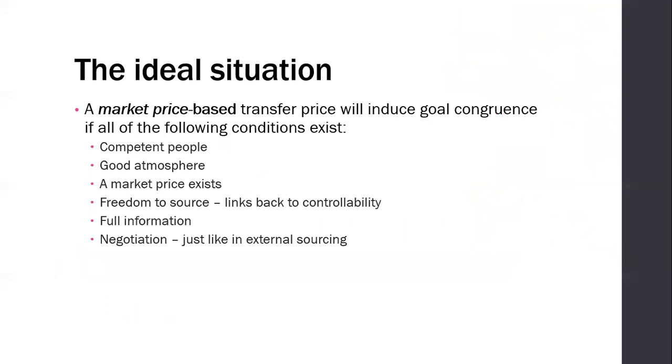is the ideal situation because it will induce goal congruence. Okay? Kasi kung si Responsibility Center 1, ang pricing niya based sa market, ibig sabihin siya, kailangan niya maging efficient so that he will be able to compete with others in the market. Okay? So of course, market price-based transfer pricing will induce goal congruence if all of the following conditions exist. Number one, competent people, good atmosphere, meaning the environment is ripe to force usually discretionary expense centers to have a profit and loss mindset. Okay, they should understand that there should be a market price, which is the frequent problem